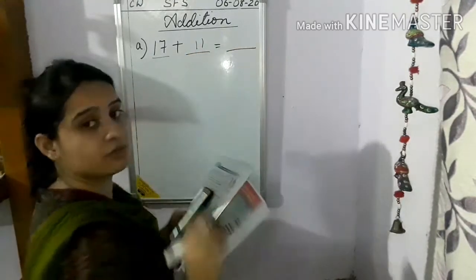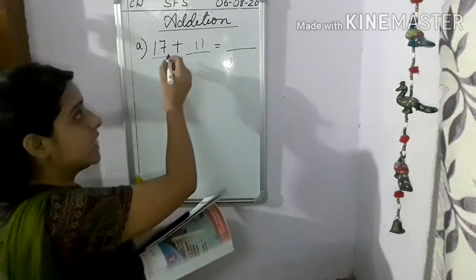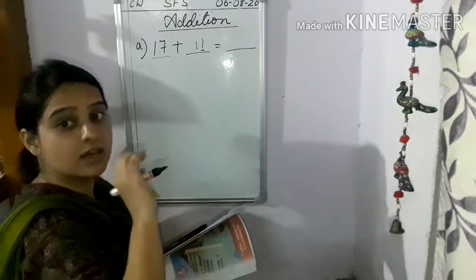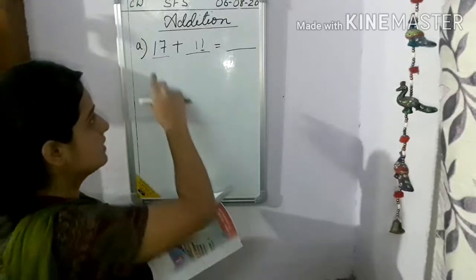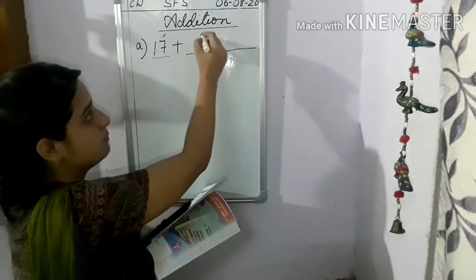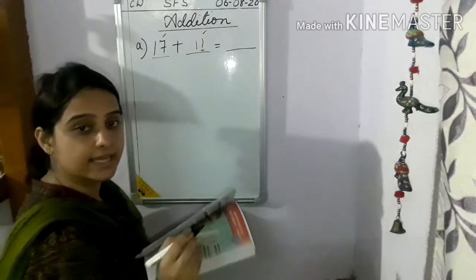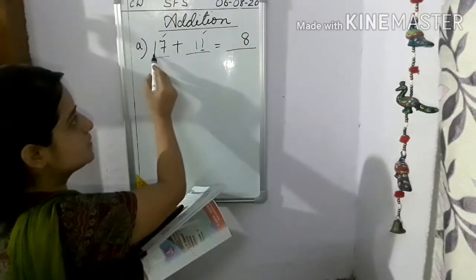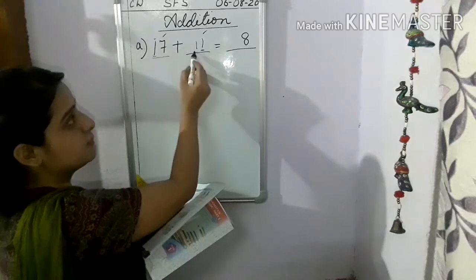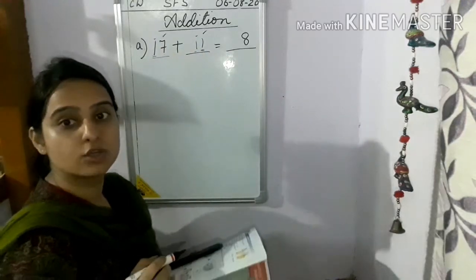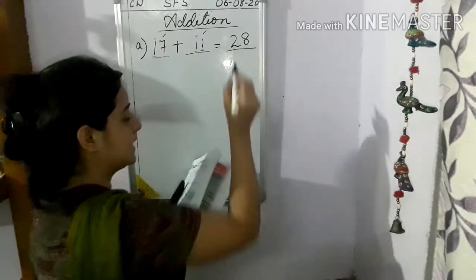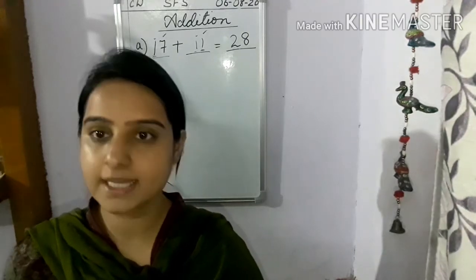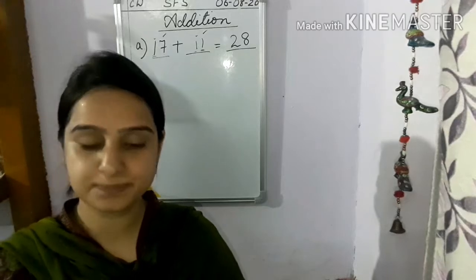And what will be the total? What will be the sum, children? How can you do directly? You know that 7 is in ones place and this 1 is in ones place, isn't it? First we will add the digit in ones place. 7 plus 1. What we get? 8. Children, this is a direct addition, you can try. Then tens place. Here it comes 1 plus 1. What comes? 2. So what you get here? 28. That means, children, total how many faces are there? 28. Am I clear to you all?